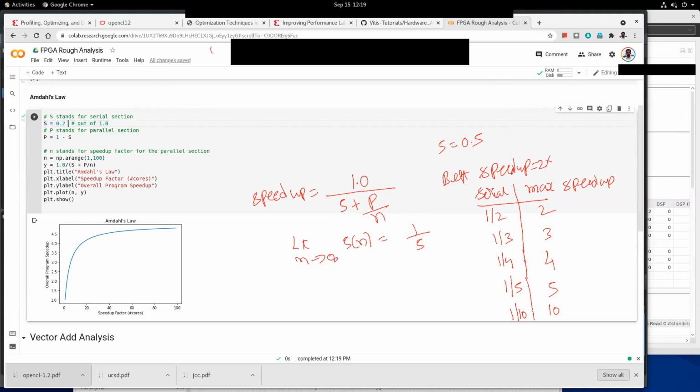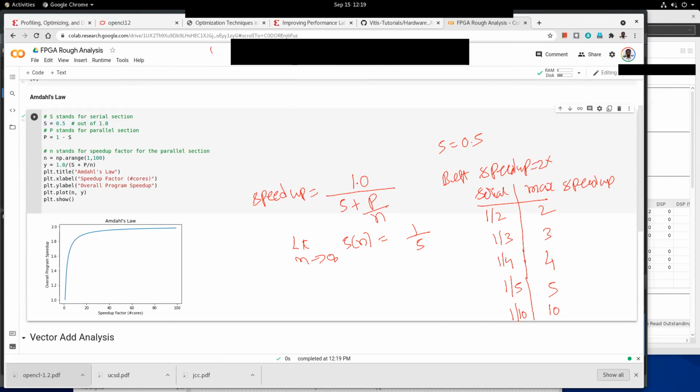Similarly, let's say if I make this equal to 0.5 and run this code, then you can see asymptotically this is the max speed up that you can get. In fact, you can see somewhere around here, this is the inflection point.